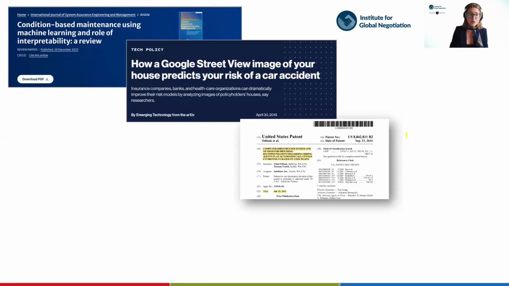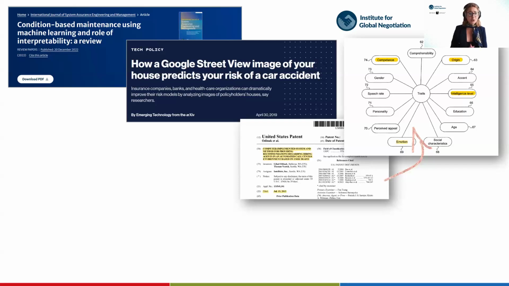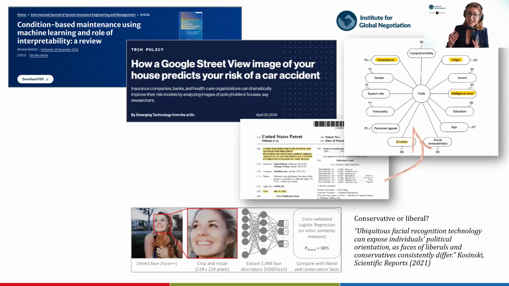It can also be used to predict your personality traits. They use your facial expressions. They can use everything from your clicks, from your past recorded online behavior, and they can use all that data to actually predict your origin, competence, intelligence level. How science-based that is is beside the question, but this is patented technology. And this is also AI because it's big data analytics, right? No normal person can do that. Furthermore, they use your facial expressions and the way your face looks to predict your political orientation and target you with political advertising. That is also done by AI and algorithms.